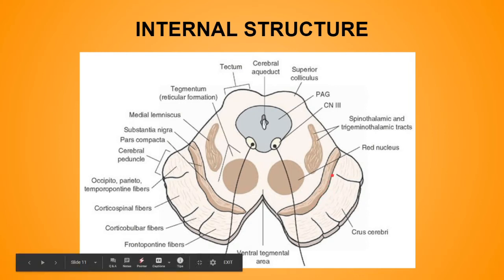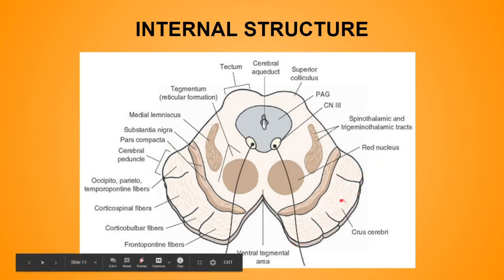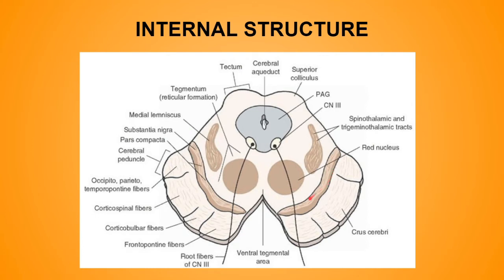Now the substantia nigra is a large motor nucleus that extends throughout the length of the midbrain, and it is the same throughout the whole length. If you remember, I told you that the crus cerebri and the substantia nigra are the same throughout the length of the midbrain. The substantia nigra is a curved pigmented band of grey matter. It is divided into two main parts, the dorsal part and the ventral part. The dorsal part is also known as the pars compacta, and it contains medium sized cells, while the ventral part, the pars reticularis, mainly contains fewer cells. The pars reticularis is intermingled with the fibers of the crus cerebri.